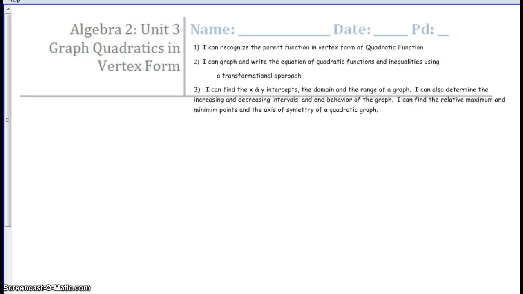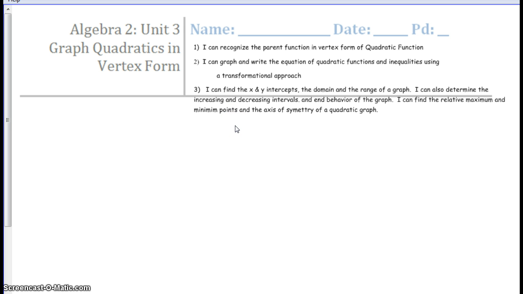Hello, Algebra 2. Tonight's topic, Day 3 notes. You can add Day 3 here onto your notes, and there are 3 learning targets. Now, I know the first 2 you'll have a good understanding after tonight's notes, but I do know number 3 learning target we'll have to spend lots of time in class over the next couple classes making sure you understand